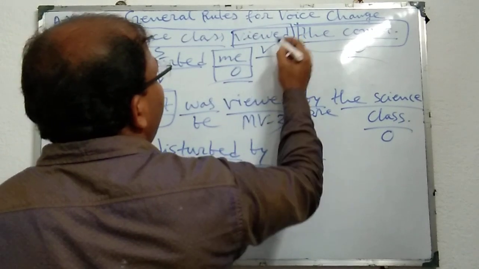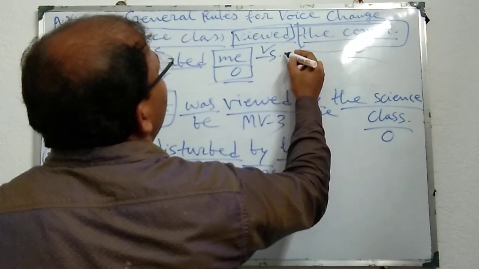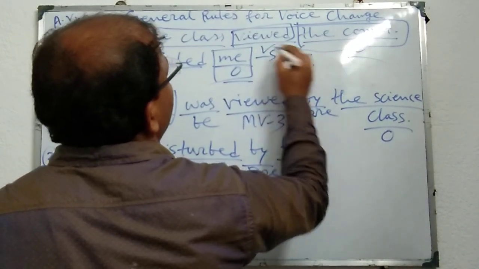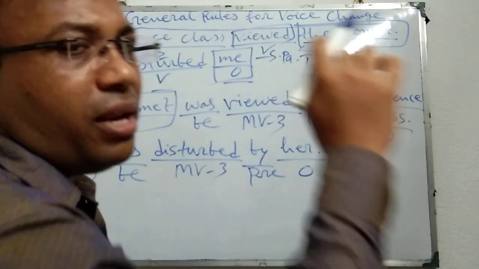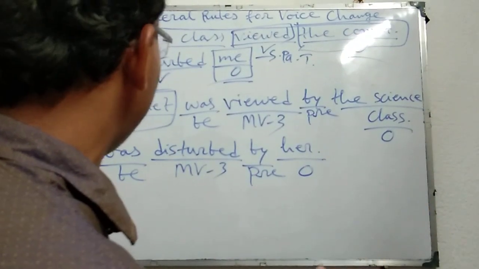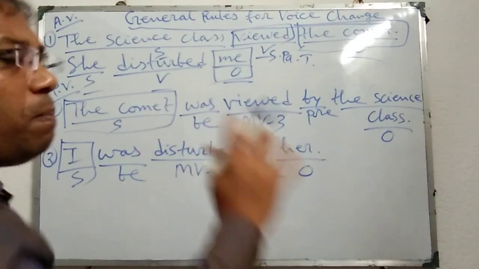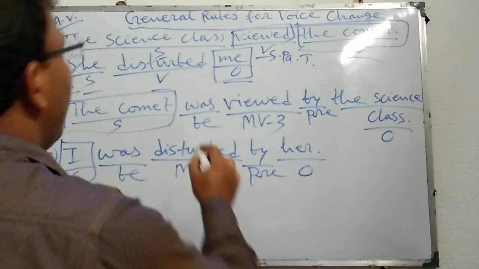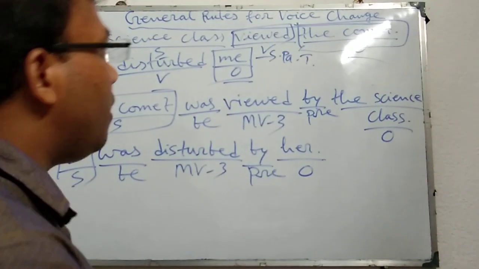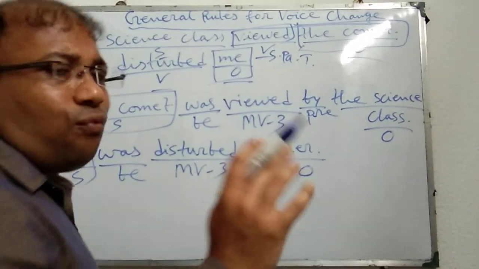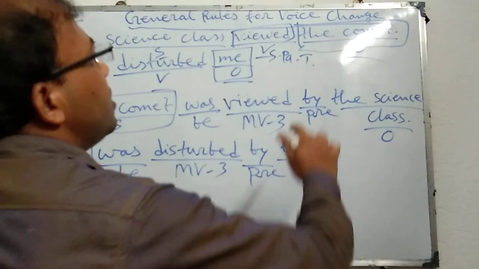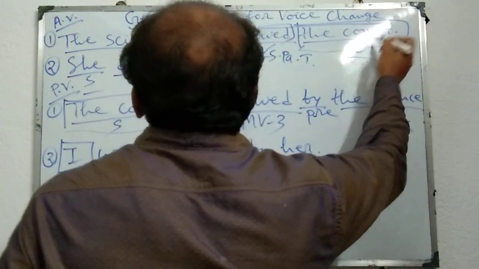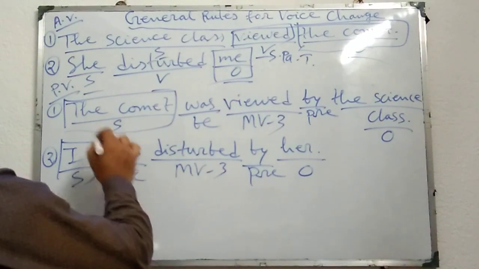Viewed, it is simple past tense. Viewed, it is MV2, main verb second form, that means simple past tense. And simple past tense, that's why was or were will come here. Here was, be verb. That means the first rule is that the object of the active voice becomes the subject